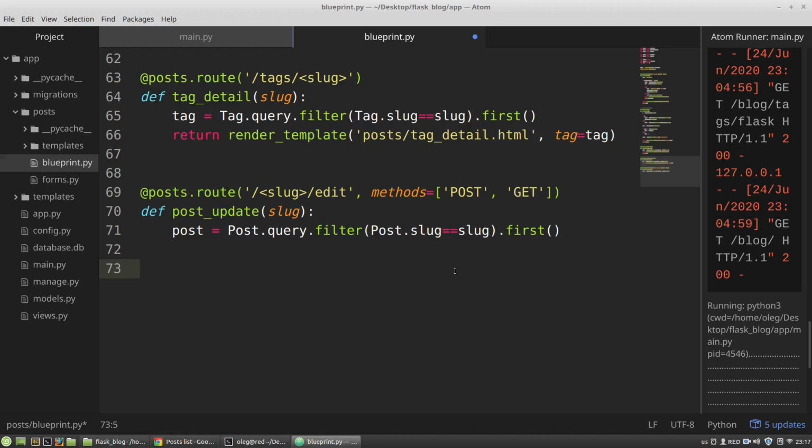Then again, I have to check whether the request is a post request or a get request. If it's a get request, I have to display to a user the edit form. If it's a post request, I have to get from the user updated data and save it to the database. So, if request method equals to post,